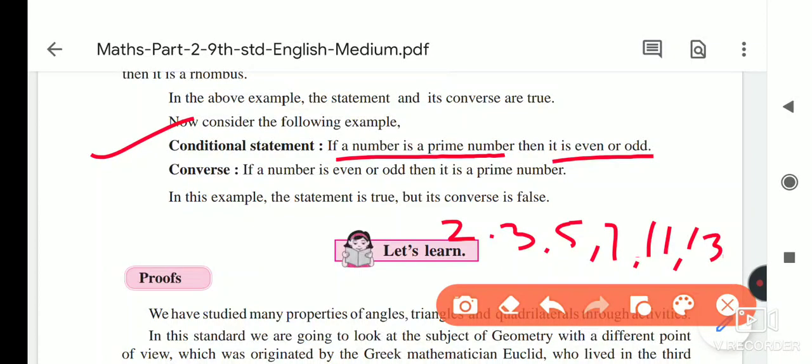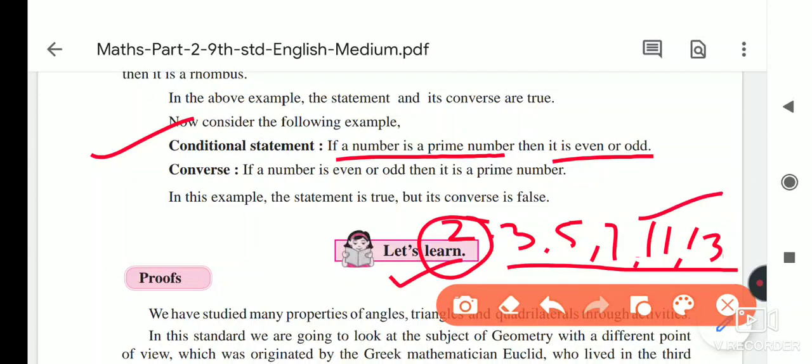These are the numbers. If you study them, except 2, all other numbers are odd prime numbers, and 2 is the only even prime number. So as per this, the conditional statement is correct. If the number is a prime, then it is even or odd. The prime numbers may be even or may be odd, but its converse: